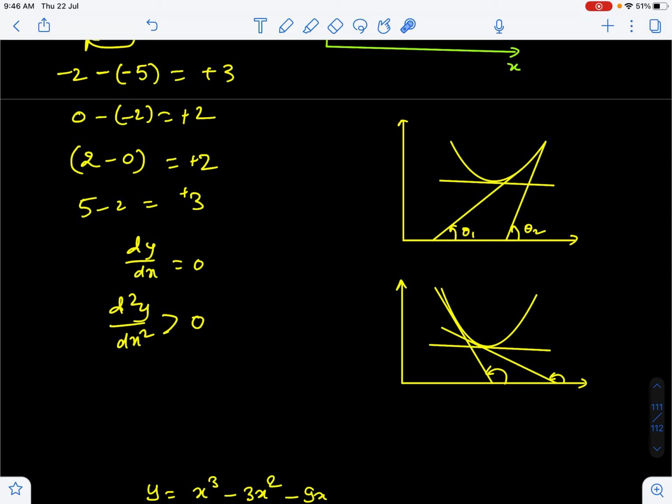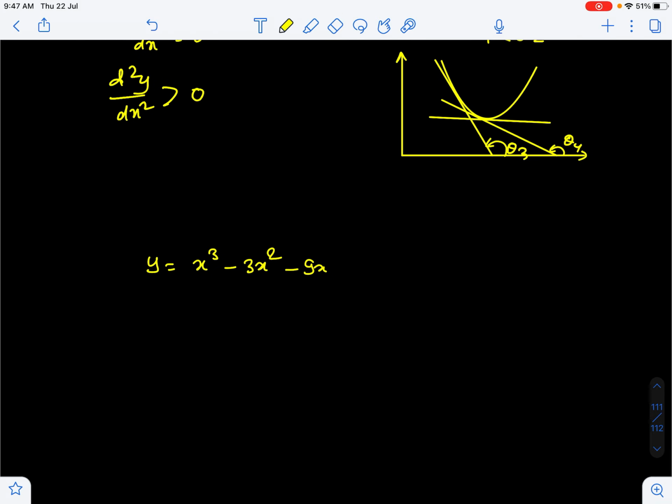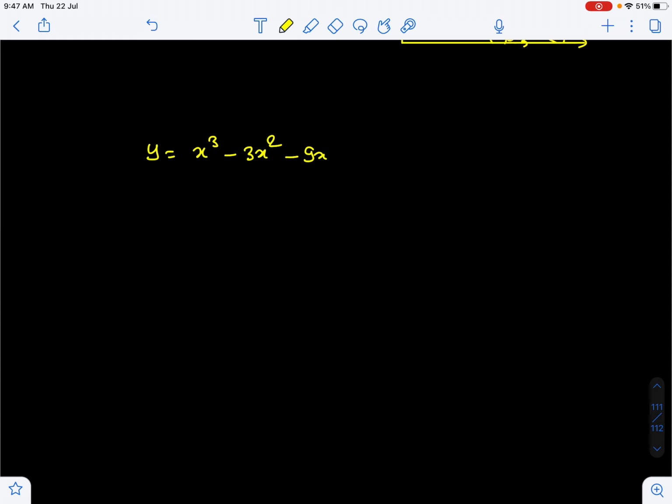See guys, I am saying that this theta 1, theta 2, I am talking about this point. So you will say that here theta 1 is less than theta 2, and suppose this is theta 3, theta 4. It is difficult to interpret in these terms only, but when I take these examples, I hope you will understand the concept of maxima and minima. So I will try to find out where maxima or minima exist for this function. So first, I am now telling the steps to find it.